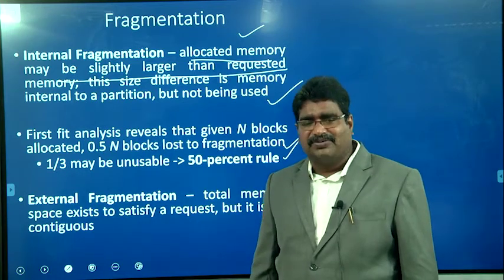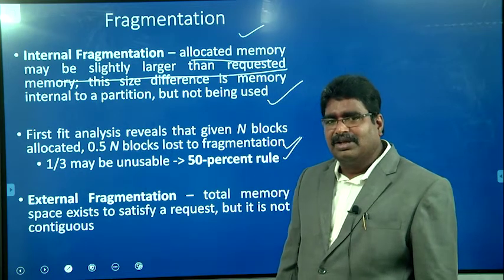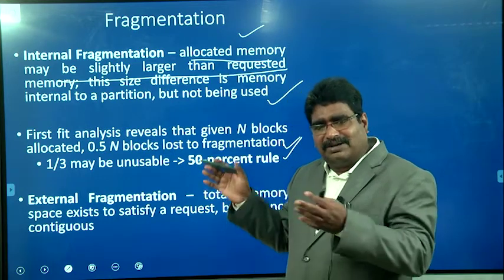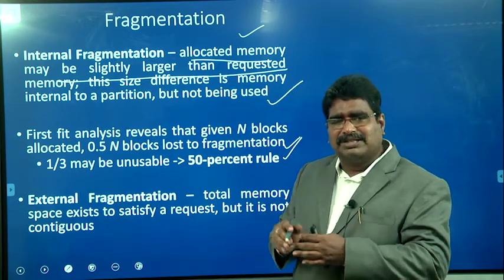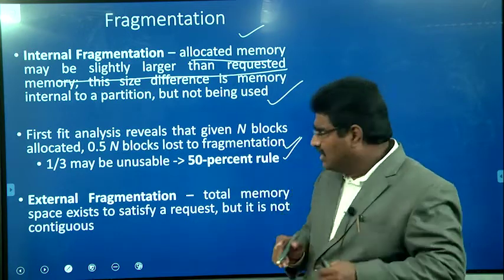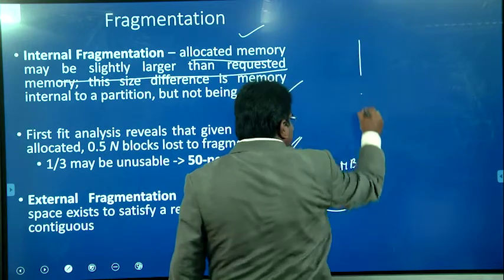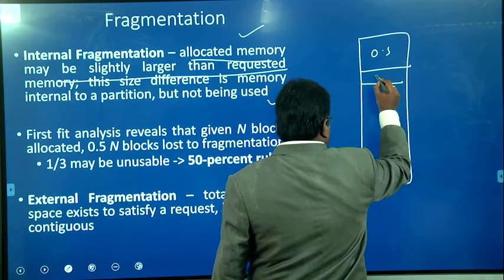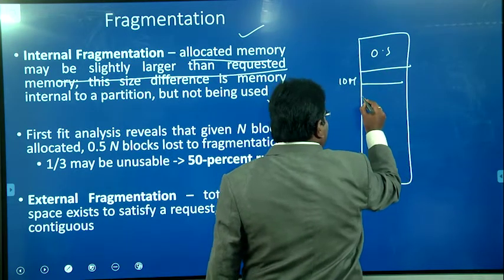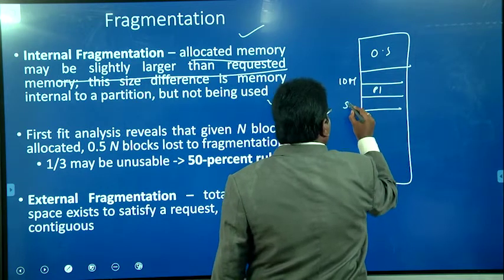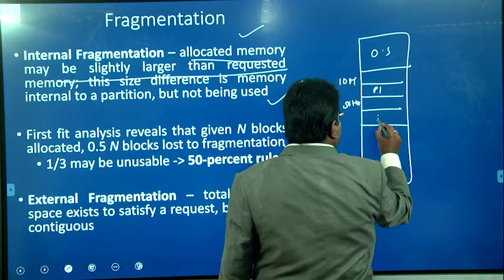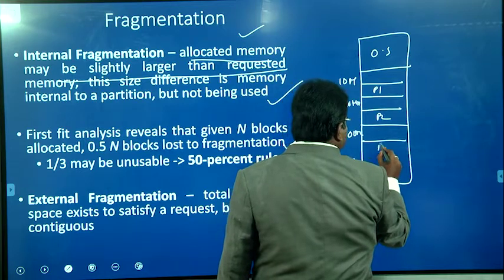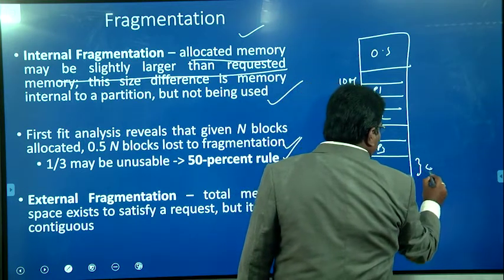And the next one is external fragmentation. What is external fragmentation? Whenever we are using some memory allocation technique, after some time free holes are available, but they are in different locations. Let us take one simple example. This portion is allocated to the operating system, and here we assume a 10 MB free space, then it is allocated to P1, then a 50 MB free space, then it is allocated to P2, then a 100 MB free space, then it is allocated to P3, and next it is 400 MB.